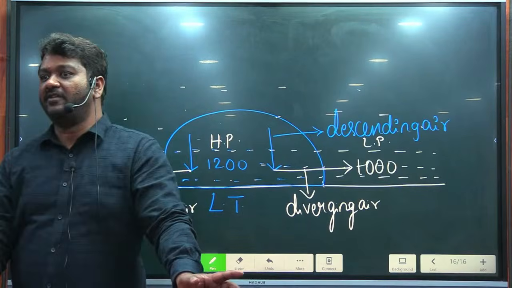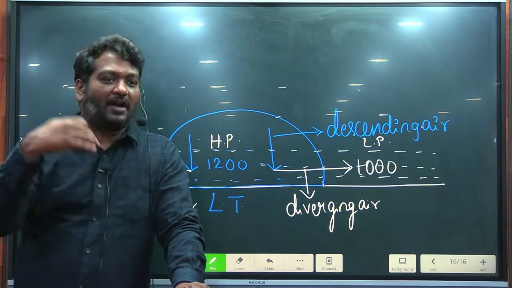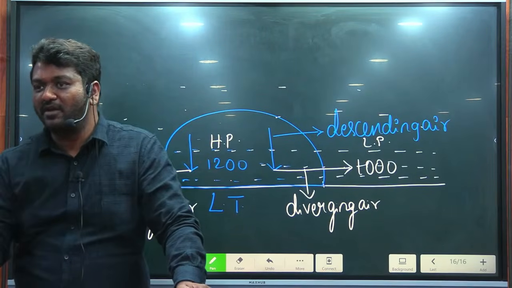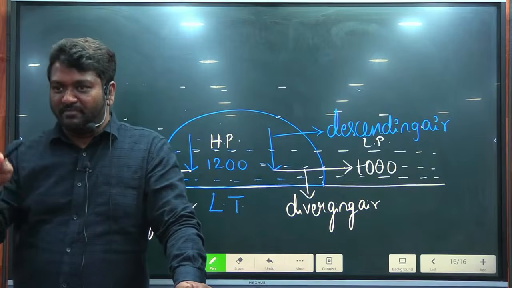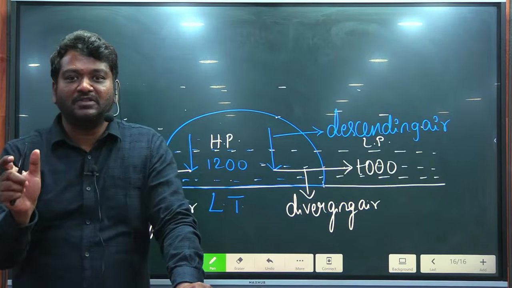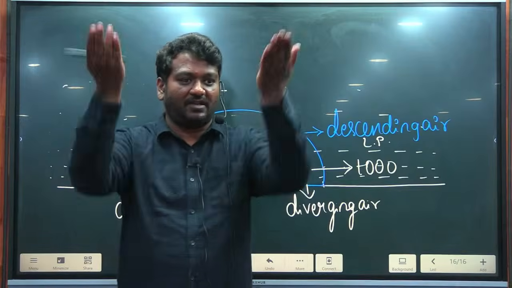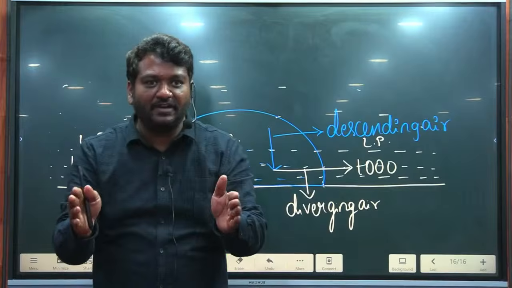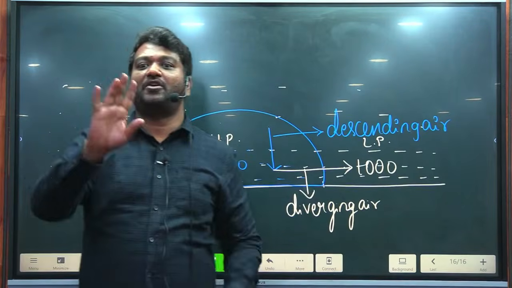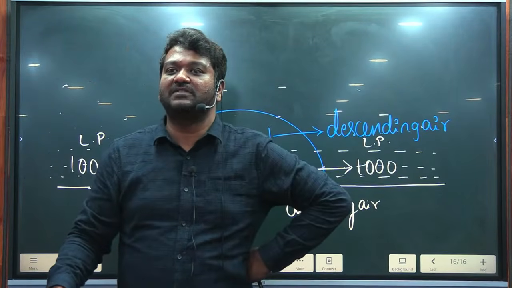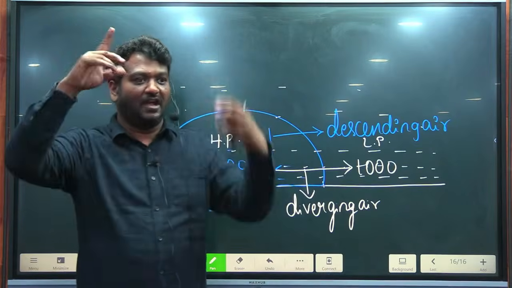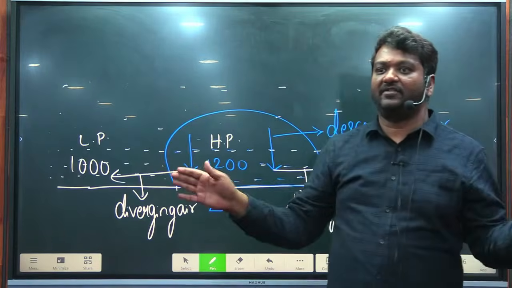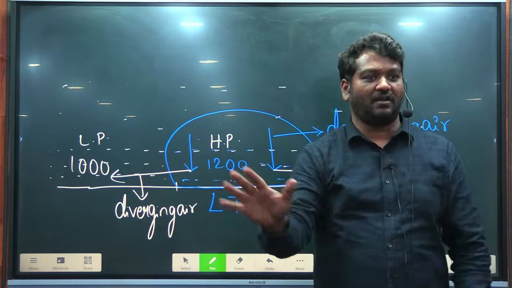Descending and diverging. It's not Tibet, Hyderabad you take, anywhere you take. What you should remember, very simple point. High temperature, that means low pressure means what? Converging and rising. High pressure means what? Descending and diverging. Near equator, low pressure is there. What is the process that is occurring? Converging and rising. Near poles, high pressure is there. What is the meaning of that? Descending and diverging. If you can understand this, that's done.